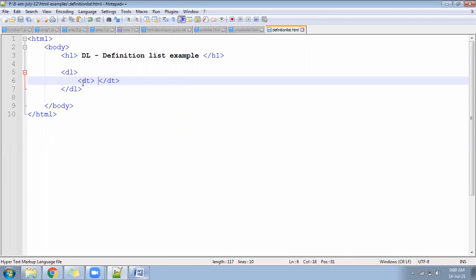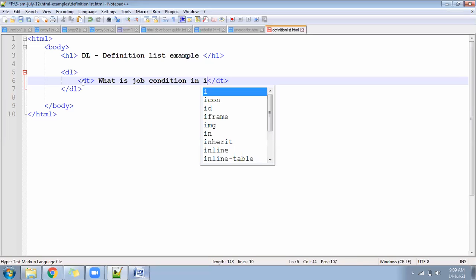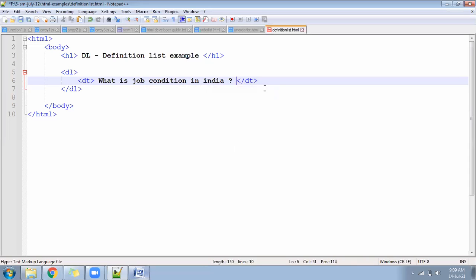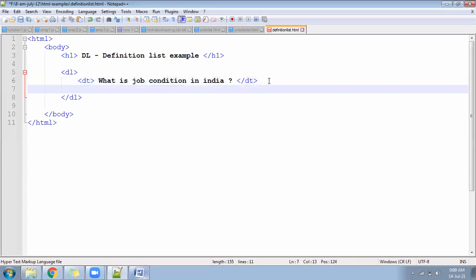Suppose someone is posting a question saying, what is the job condition in India? One person has posted a question. You can say it's becoming a question. Now on that question, many people will reply. That will come under the DD, definition details. It says like